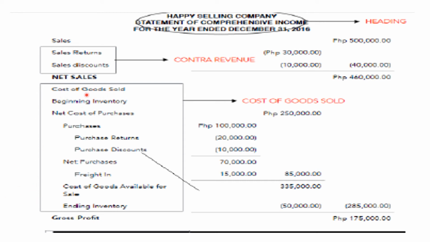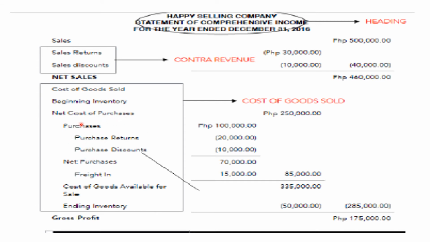So the cost of goods sold is composed of beginning inventory, the net cost of purchases, and the cost of goods available for sale plus the ending inventory. But when it comes to net cost of purchases, we have purchases, purchase return, and purchase discount. So let's start first with beginning inventory. The beginning inventory is 250,000, and for us to get the net cost of purchases,